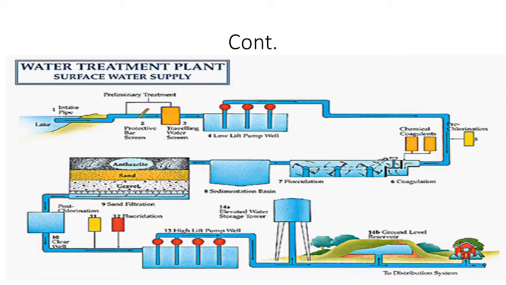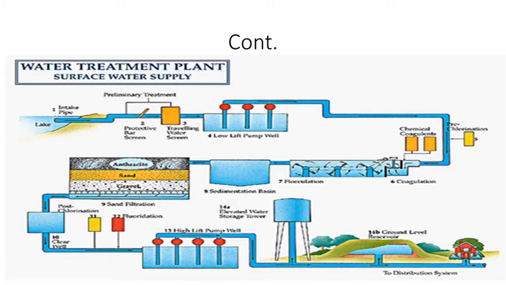Next, if you are considering the turbidity of water, the slow sand filter can remove turbidity up to 30 NTU, that is 30 mg per liter. NTU is a unit of measurement of turbidity, nephelometric turbidity unit. So the slow sand filter can remove turbidity of water up to 30 NTU. But for the rapid sand filter, any level of turbidity of water can be fed into that filter. That means it can accept 45 to 50 mg per liter or NTU of turbidity of water.